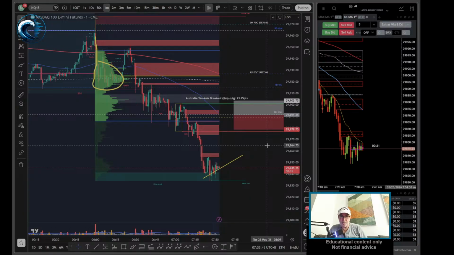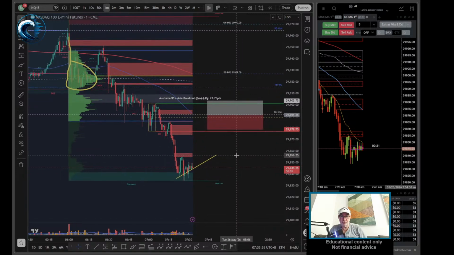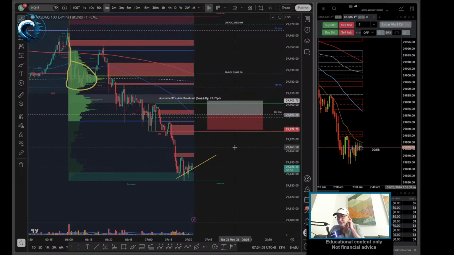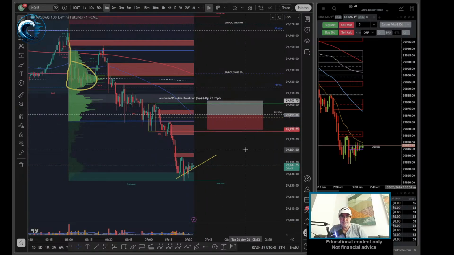So it's really just telling me to look for a short basically off here. A retest back up and a short initially, back up there just for a quick scalp. It doesn't give me the next setups, but then I'll probably really be basing on if we break this again. I'll have lost my third trade, which is a pain in the ass, but that's fine. But I'll probably be looking for a lower,